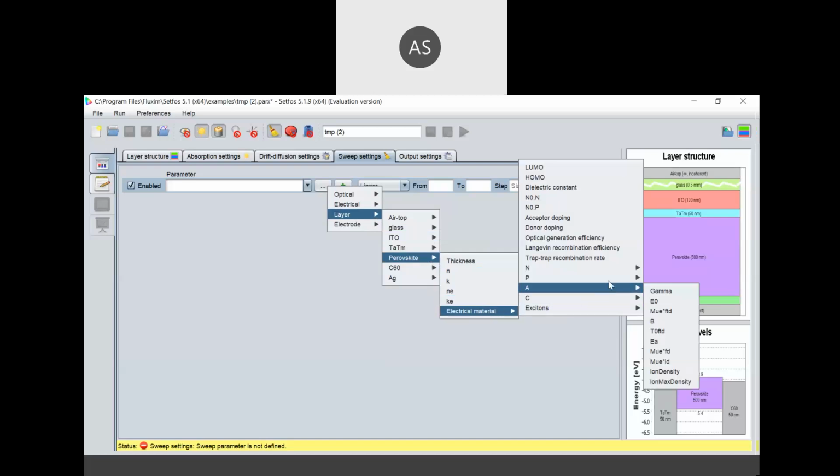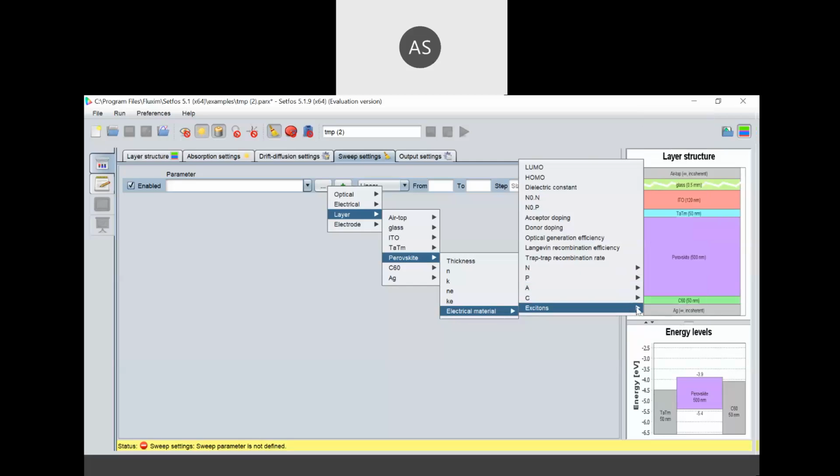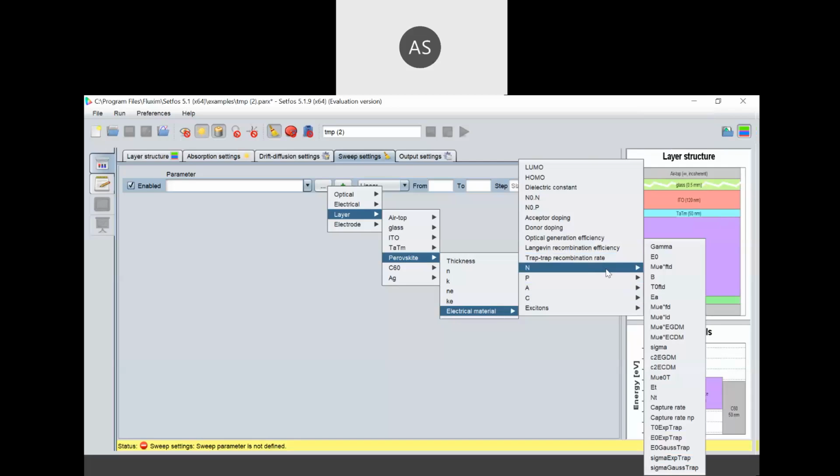You can find a lot of options here. So gamma, mu, sigma, tau, any value you can perform the swapping.